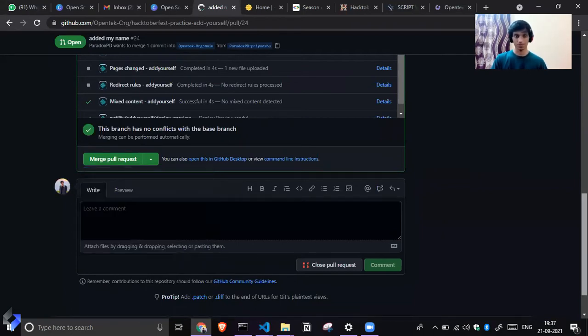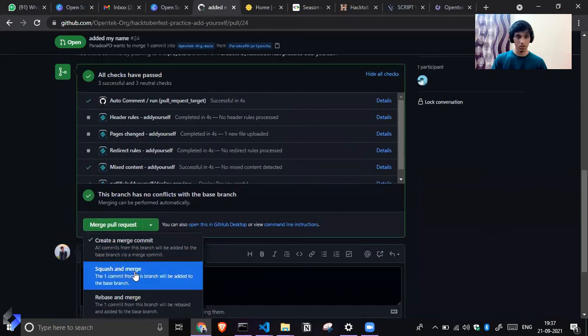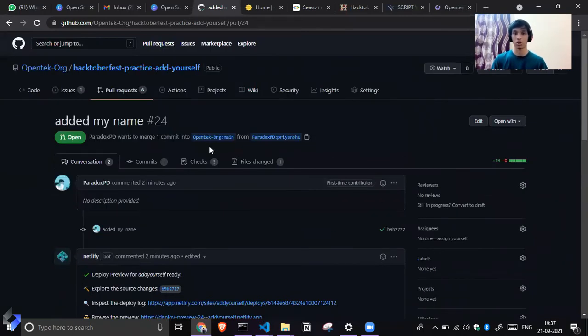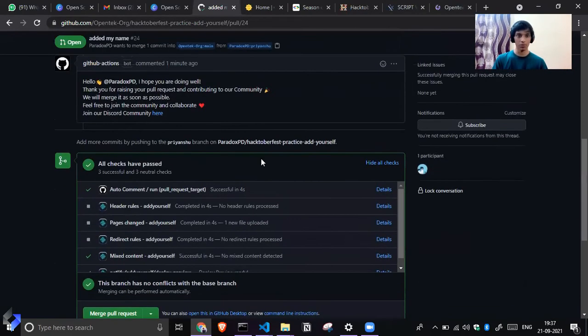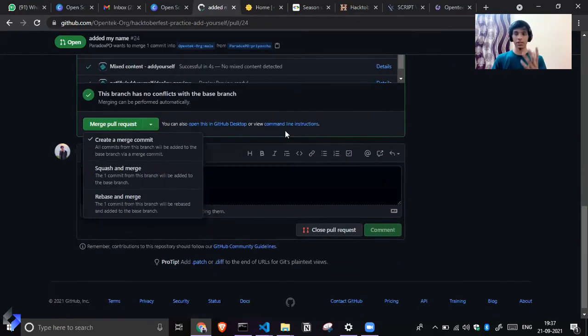The squash and merge option is like, imagine a lot of commits on this particular PR. If this guy adds a few other lines and pulls a new PR, it will show that Priyanshu made these changes, and another commit will be created.